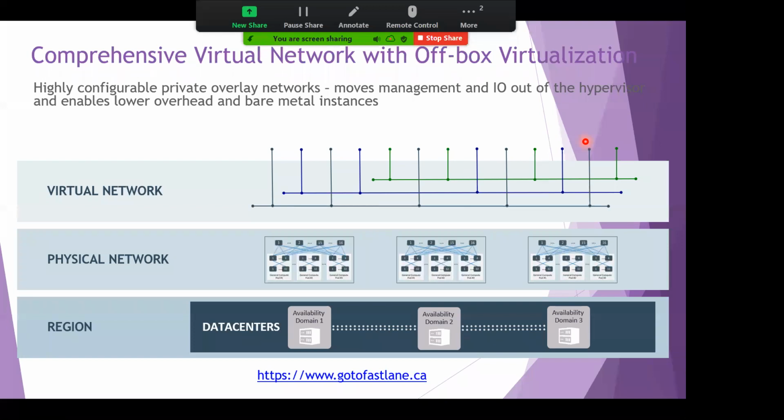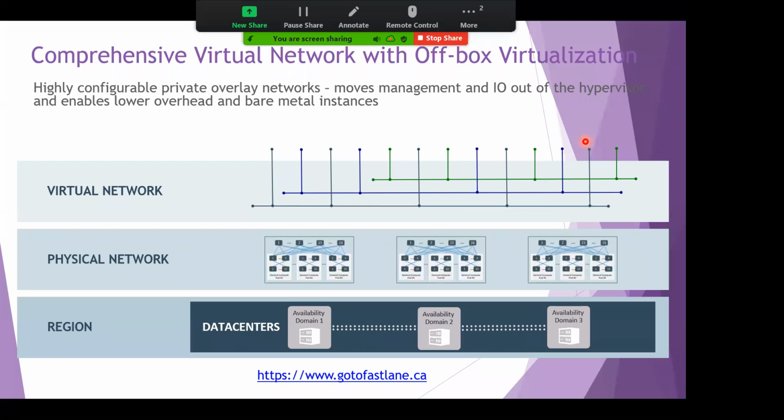Off-box virtualization is taking virtualization out of the hypervisor layer and outside of the physical network so that you can sustain multiple VMs without affecting the performance of your neighboring VM. Any time a particular VM is not working, your other virtual machines are not affected, not only in terms of data corruption, but also for security,